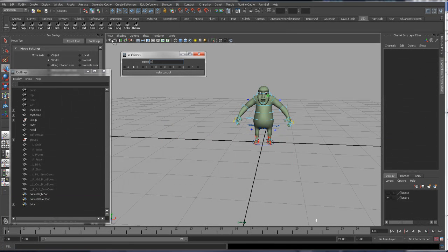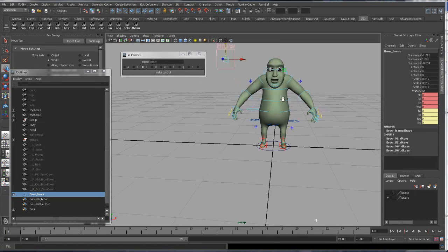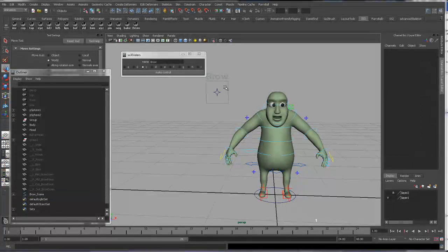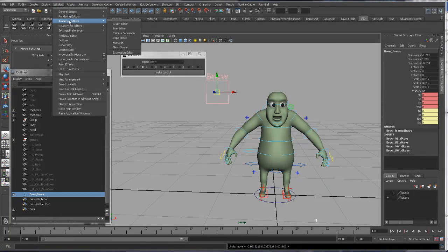I'm going to make one for the middle brow. Actually I'm going to do the whole brow here. I usually separate it more, but I just want to show you how to do this controller. You can scale it down if you want, position it wherever you want. So if I select this here, I can move it to the quadrants. But if I go to the upper arrow key, I can move the whole thing. What you want to do is go into the